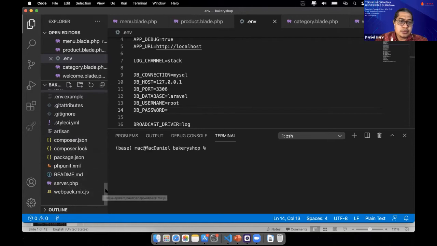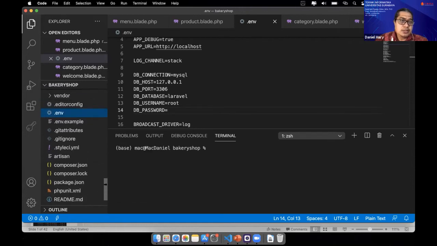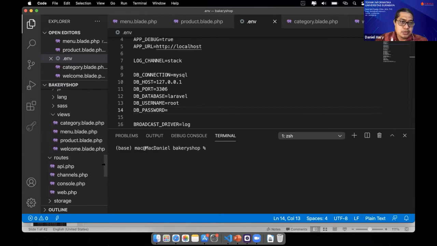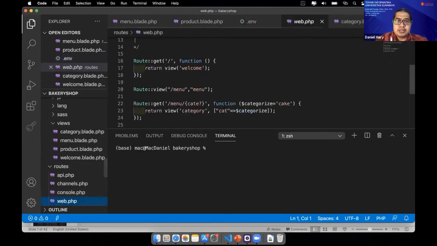Okay, from our previous class, we have studied about routing. The routing resides in routes web.php here.